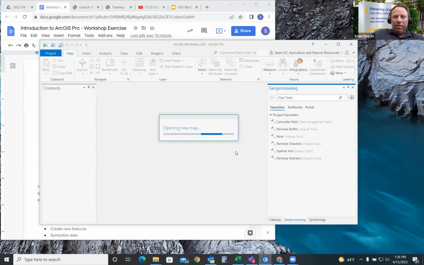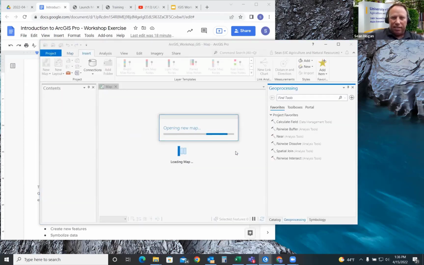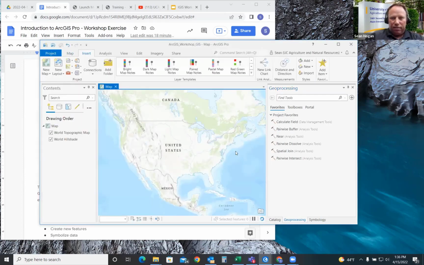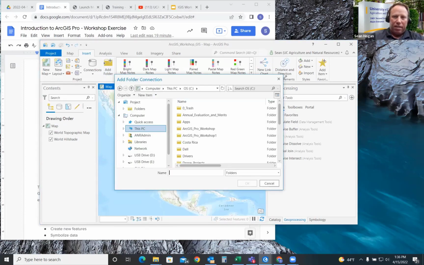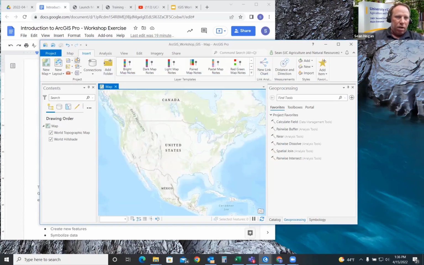Once you click OK, and this is the test, and it comes up, I want you to do one thing, and well, a couple things, but for now, what we're going to do is go to add folder. Oh, excuse me. Let's skip that for now. We'll come back to that in the exercise.